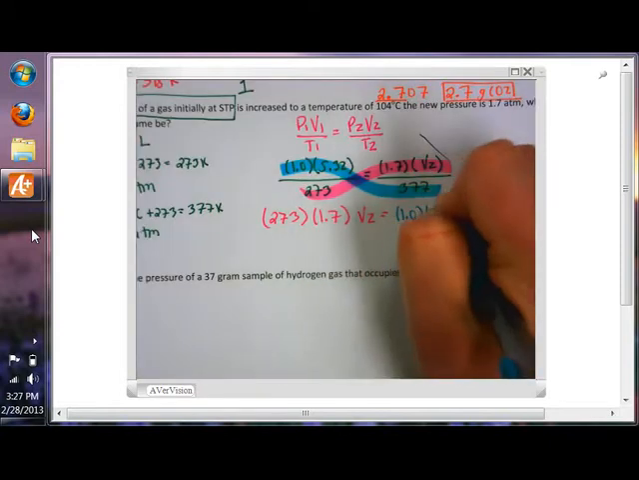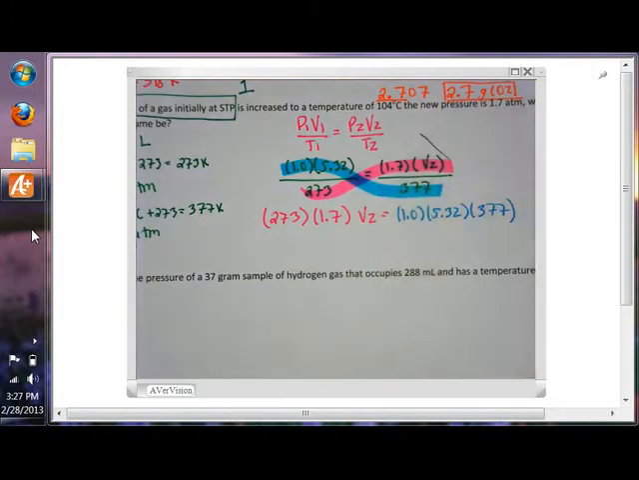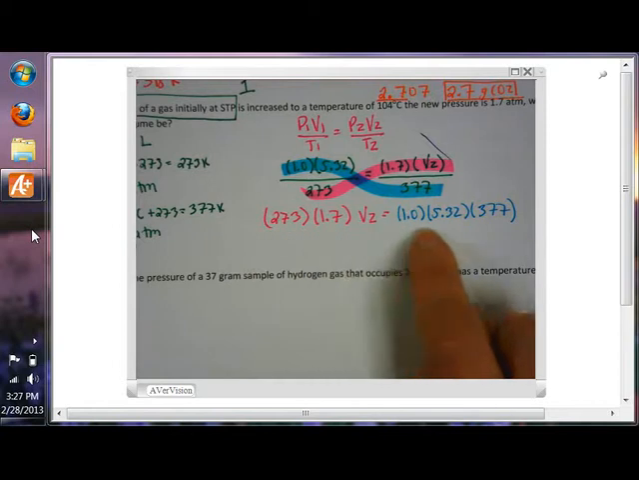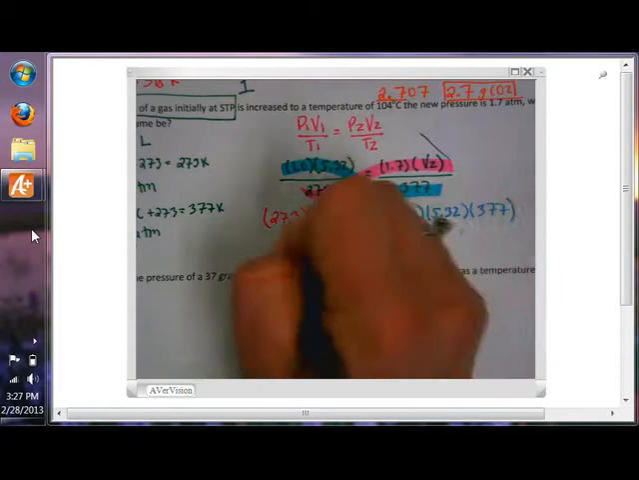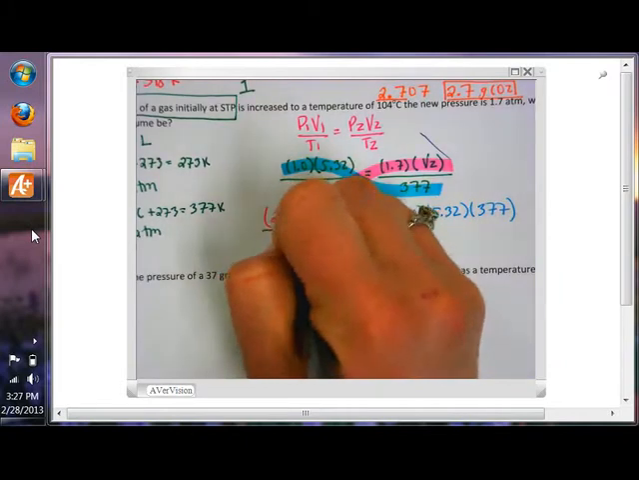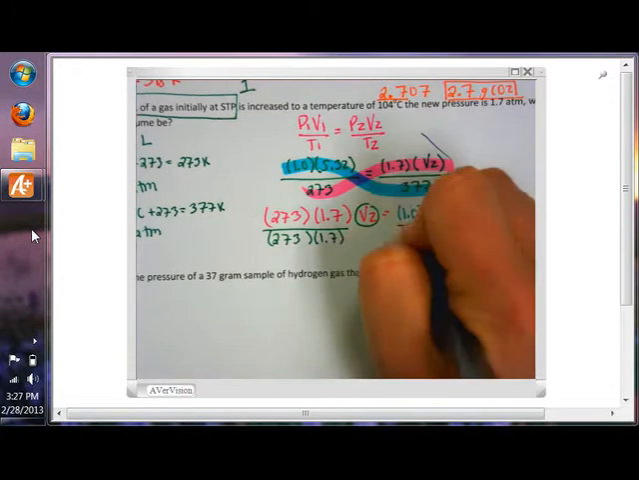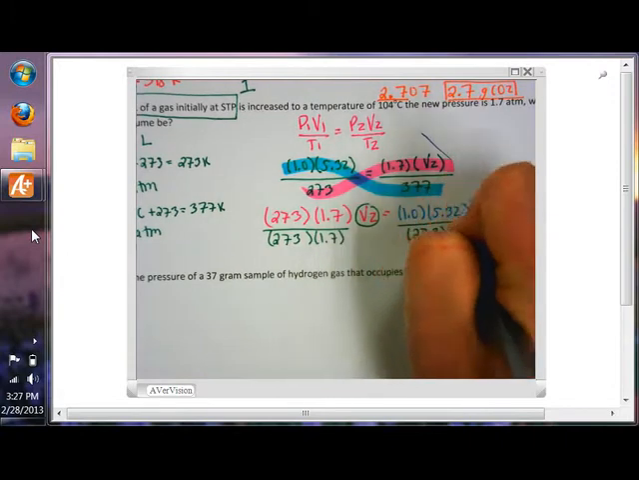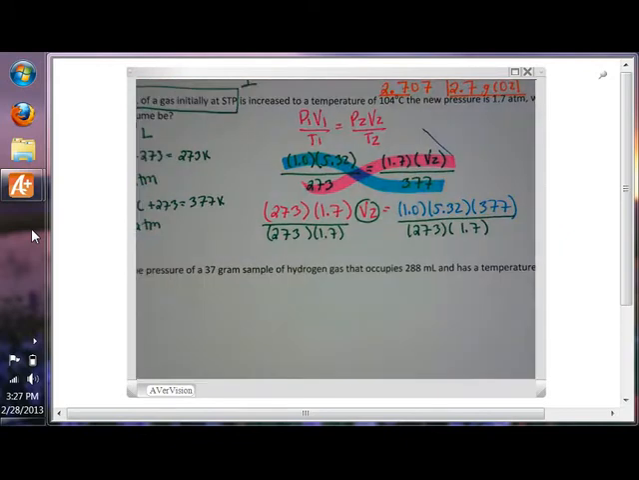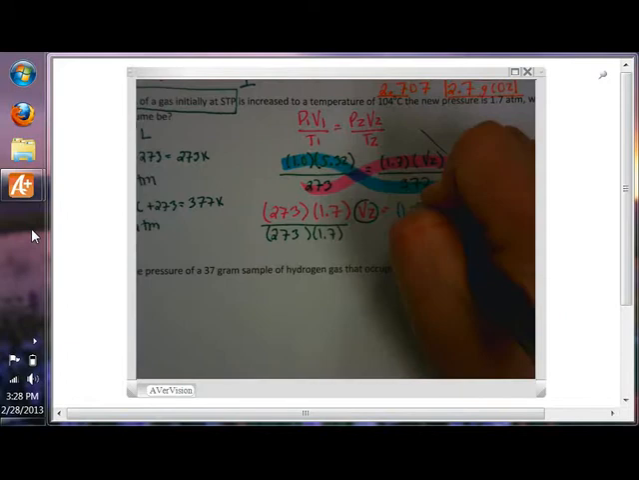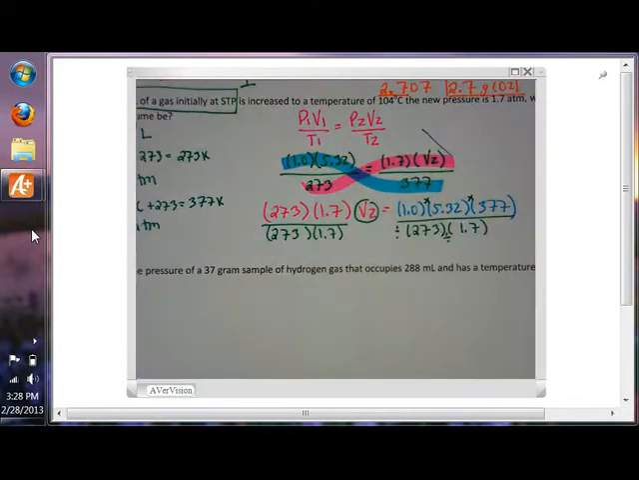Now that they're all on the same line, it's much easier to solve this guy. So I'm going to solve for V2. So I divide each side by 273 and 1.7. Remember, when you type this into your calculator, you're going to multiply the guys on top, hit divide on bottom, hit divide by the other guy. So your calculator is going to spit out V2 equals